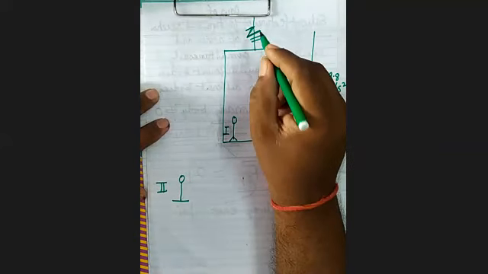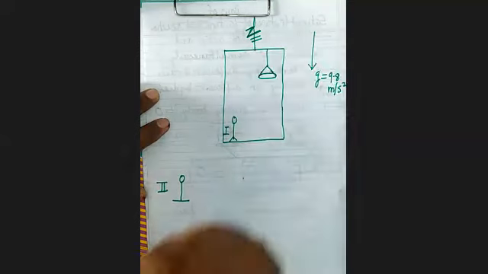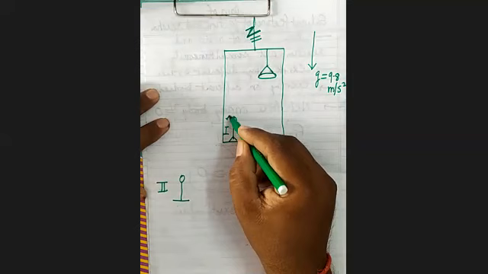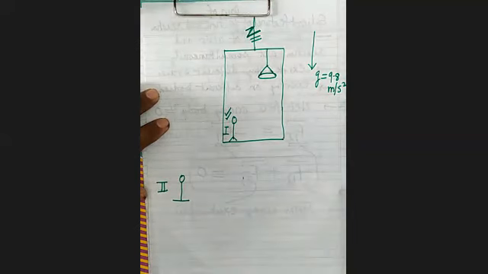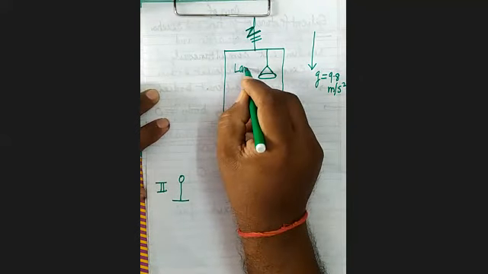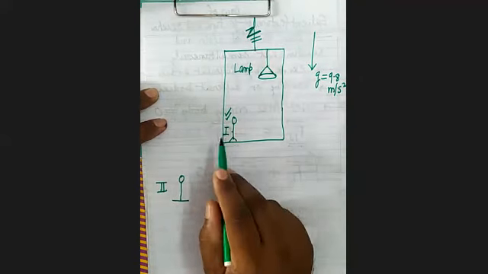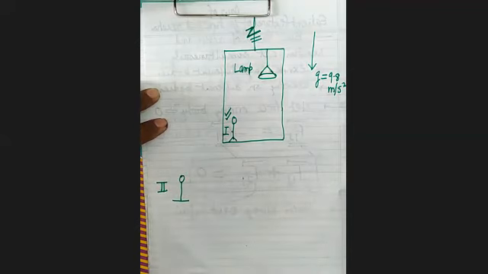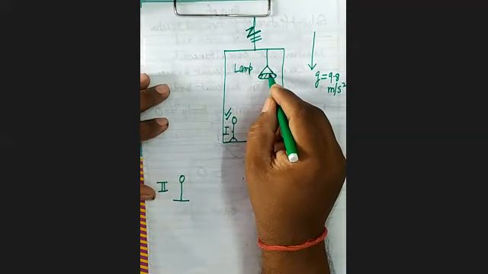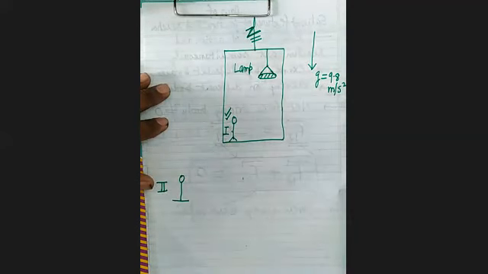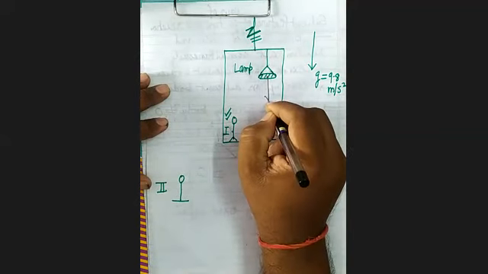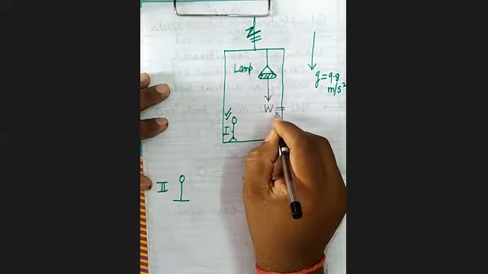That means this string, the metallic rope, breaks here. So see here, what will be noticed by this observer? What will this observer notice about the lamp? Since both the observers are good in physics, they know that on the lamp two forces are acting. One is its weight, the weight of the lamp.